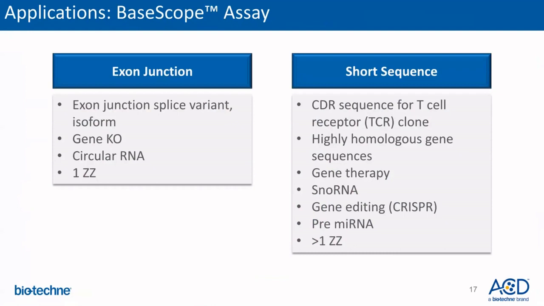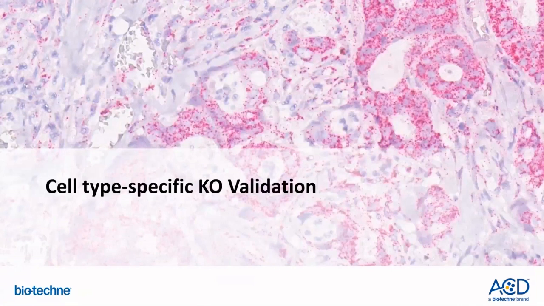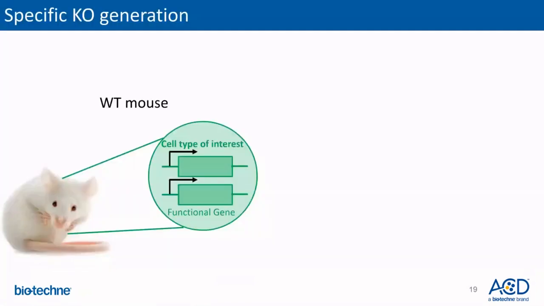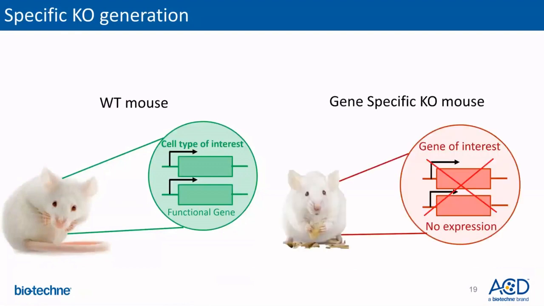With this, I would like to show some specific data regarding the BaseScope assay, as this assay can be used for cell type specific knockout validation. Here we have a specific knockout where we are trying to detect in wild type versus knockout mouse. So in the wild type mouse, we have a cell type of interest, and in that particular cell type of interest, we have knocked out a gene of interest. So as you can see, the green here represents the cell type marker, and the red detects the gene of interest. So what happens when you're taking the wild type mouse tissue and trying to detect two of these targets together,